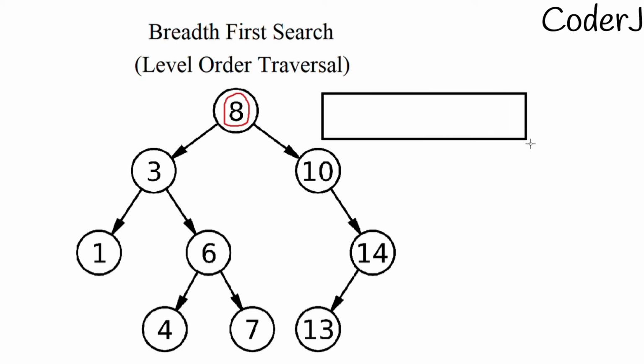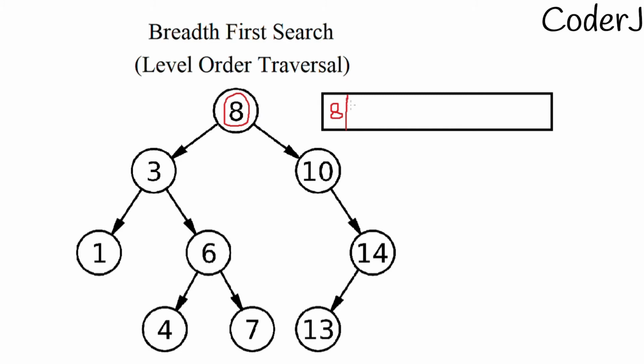Let's say that I have a queue right here. Now let's start with the main procedure. The only address that you need for a BFS is the root address, and that will be given to us. I have my root address 8. Initially my queue will be empty. The first thing I'll do is insert the value 8 in my queue. Not a good drawing, so sorry for that. So 8 is the first element in my queue.